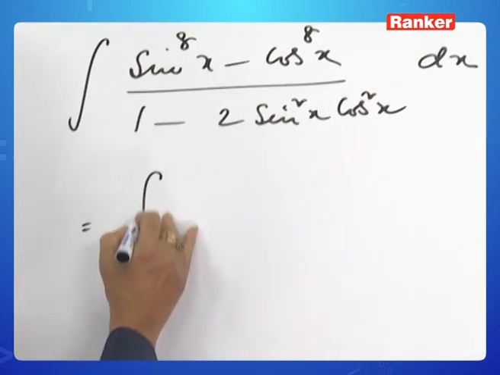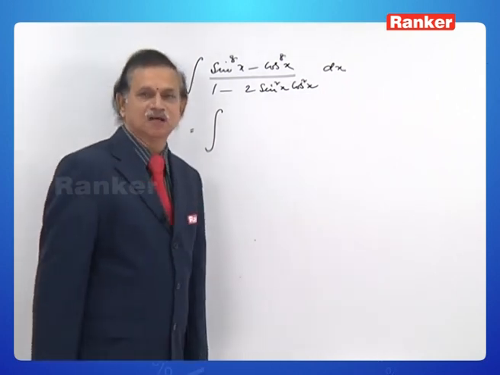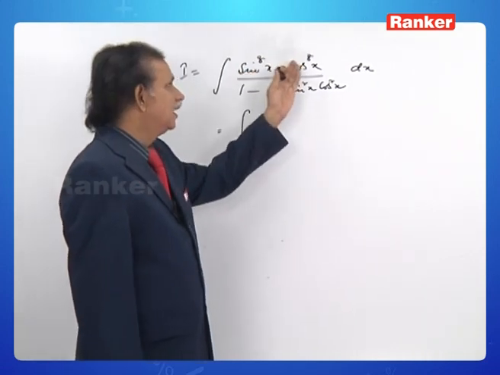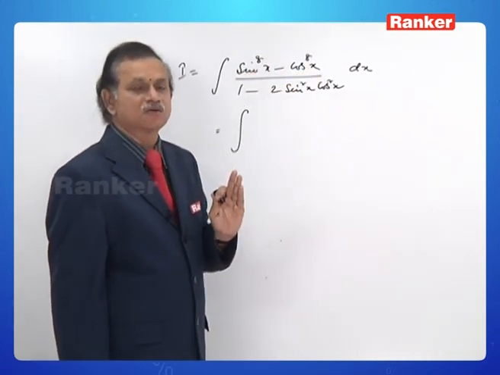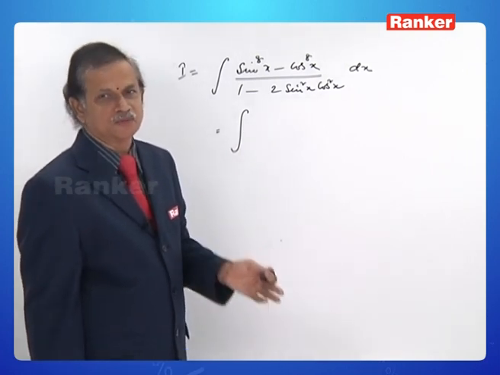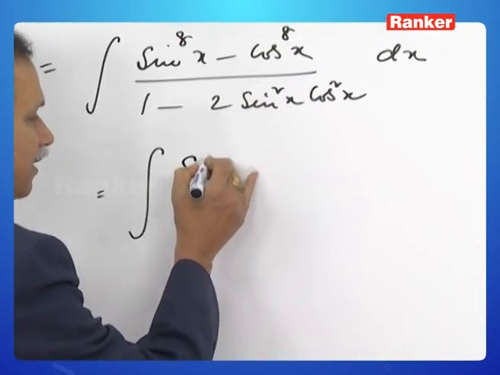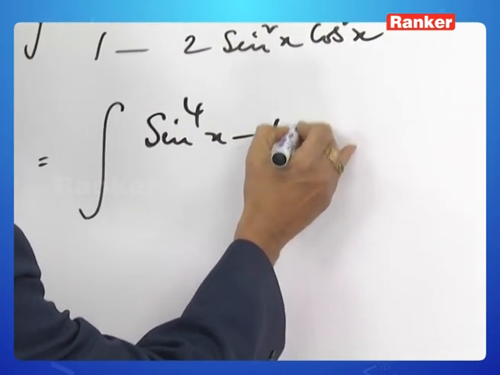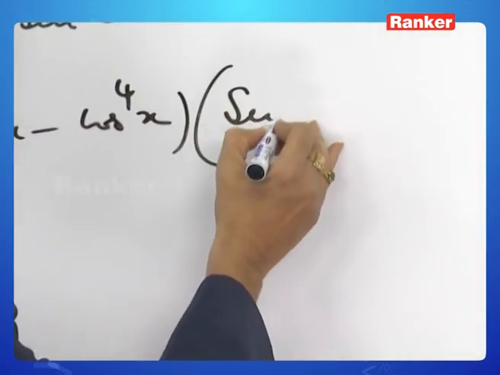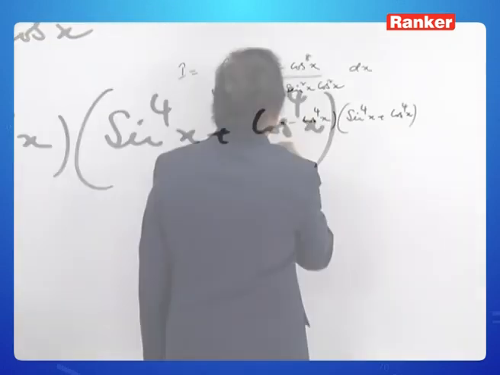This is equal to, let me call this I. Sin power 8x minus cos power 8x, it is there. You can imagine this as sin power 4x whole square minus cos power 4x whole square. So it looks like a square minus b square. What is a square minus b square? A minus b into a plus b. According to that, this can be simplified as sin power 4x minus cos power 4x into sin power 4x plus cos power 4x